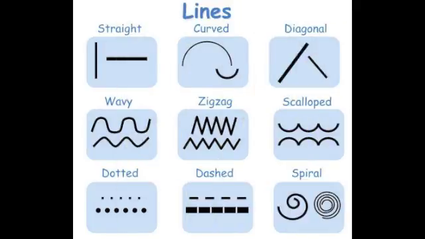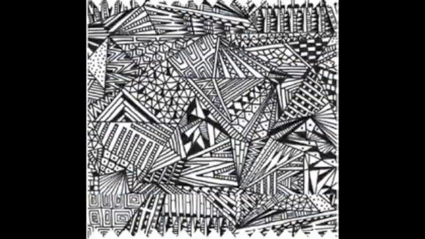Our second magical word is line. Now lines can be straight, curved, diagonal, wavy, zigzag, spiral. It's really any direction or pattern you want to put in some sort of movement. And when you guys look at this piece, I think it makes me feel nervous because there's so many triangles and the lines are very differing from each other, and how some lines are darker than others, especially the thick